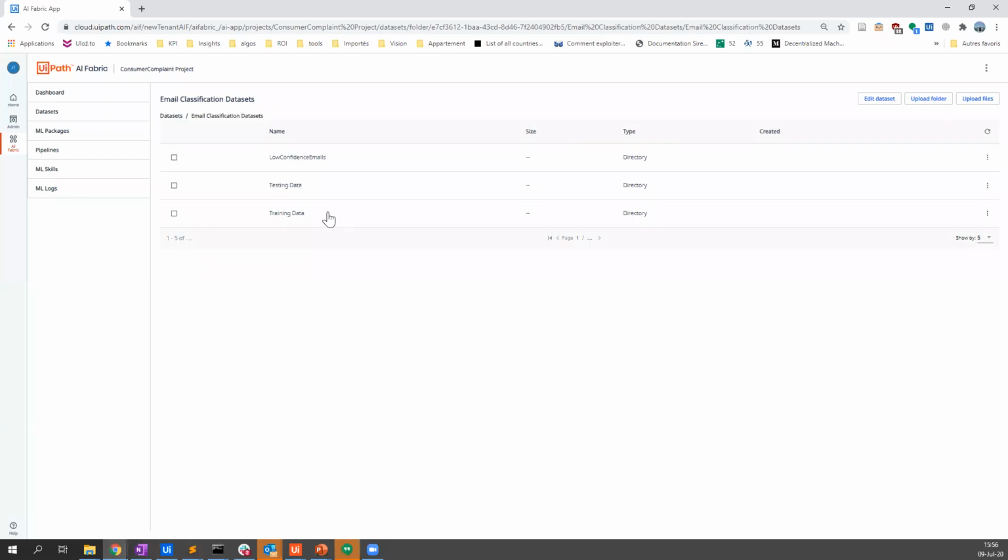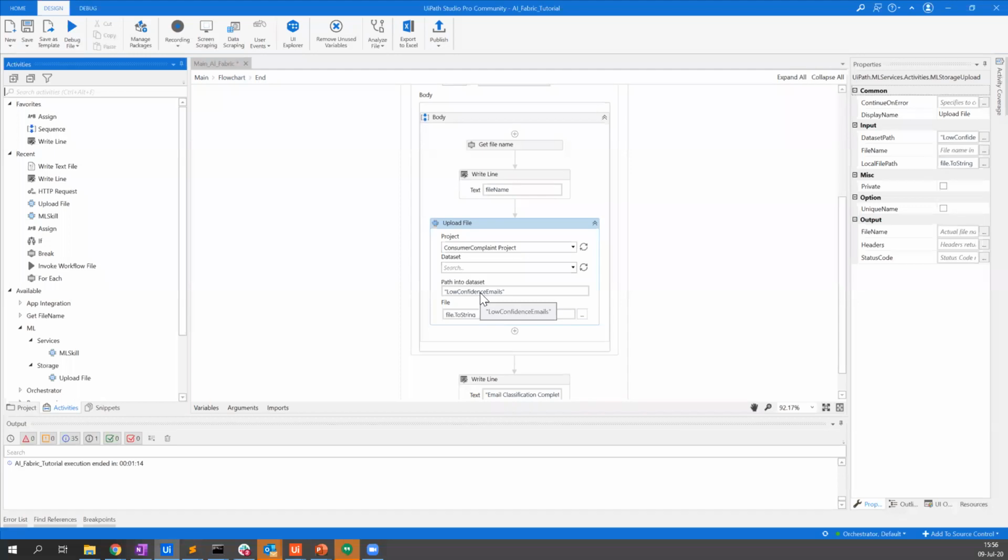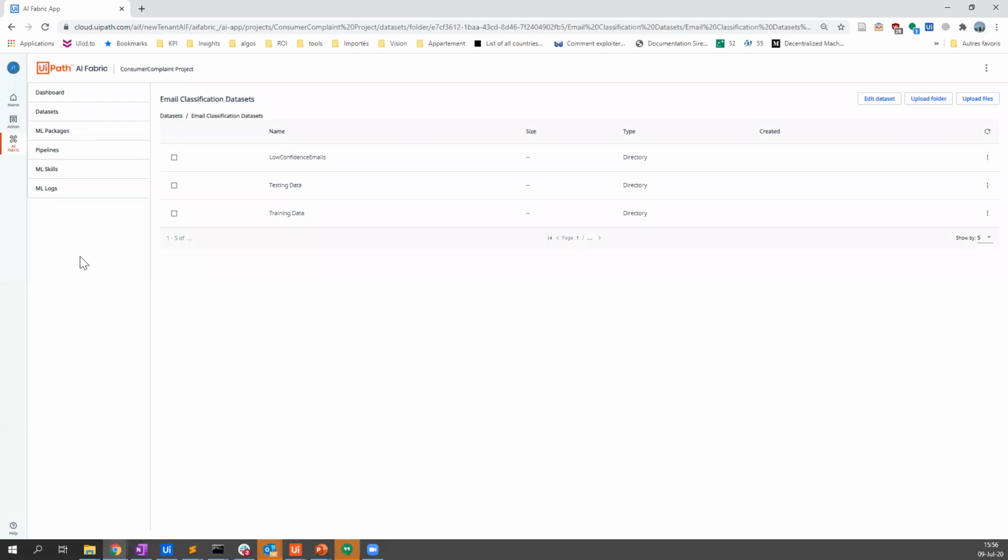And if I go into this dataset, I have some other folders with some files in it. And especially I have this one, which is low confidence email, where you can just get the email that was sent back from our process. So you can check the time according to mine. So it was like 8 minutes ago, which seems reasonable. And the reason why it is in this folder, it's because I have decided so here by just putting this into the path. So it's very easy to send back data to the dataset.